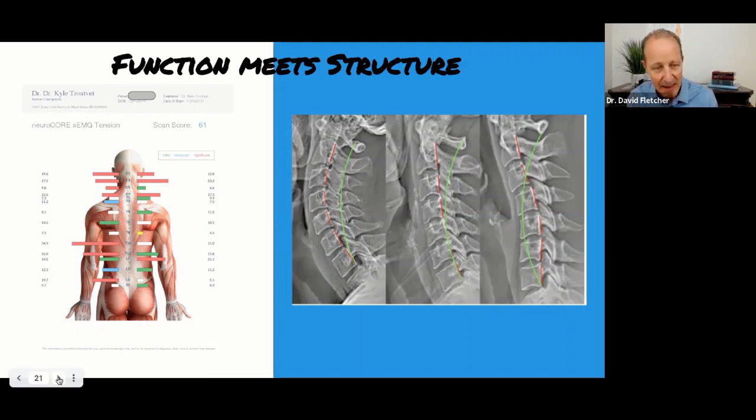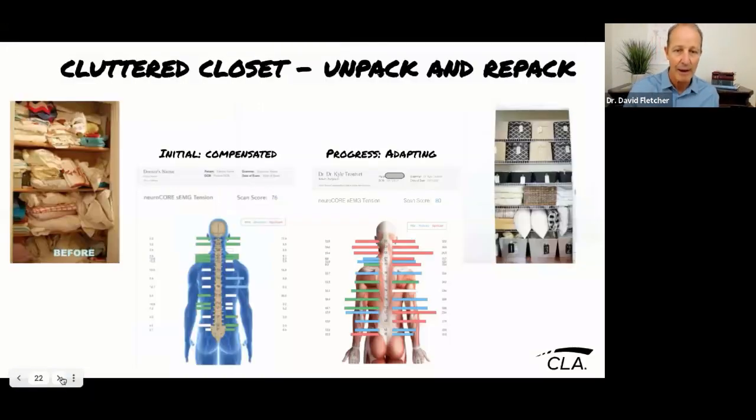Because when we ask that person to do this simple task, which is sit upright, I'm doing that right now. I'm coming from my flexed forward head position, and now I'm being asked to sit up to do the test. I have to spend over 3 times the amount of energy that I'm comfortable with to get into that posture. So these are cues and clues to help remind you that there's a lot going on.